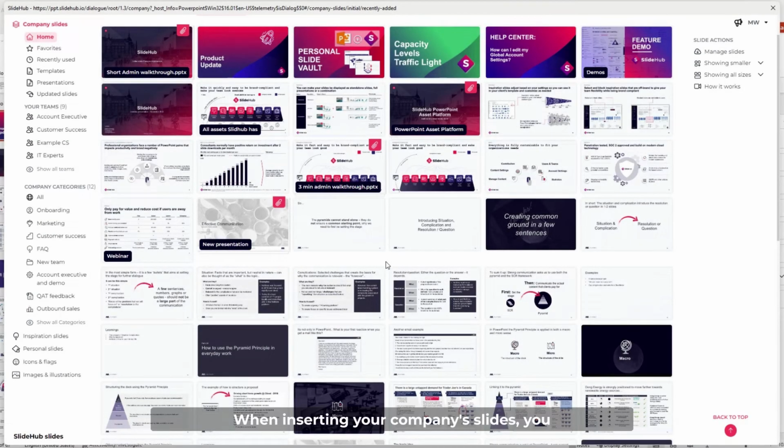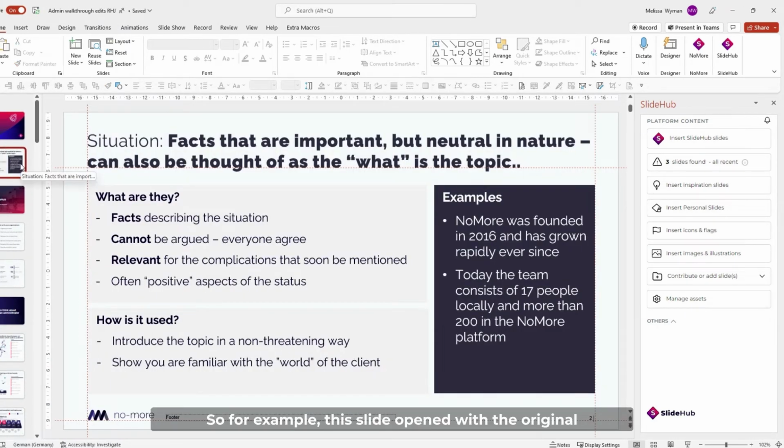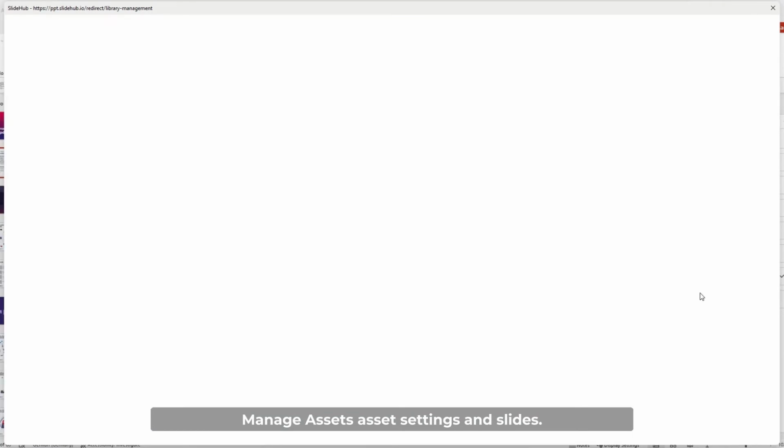When inserting your company slides, you can select to determine which default template this slide will open in. So for example, this slide opened with the original template it was uploaded into the company library with. This can be selected by going into Manage Assets,